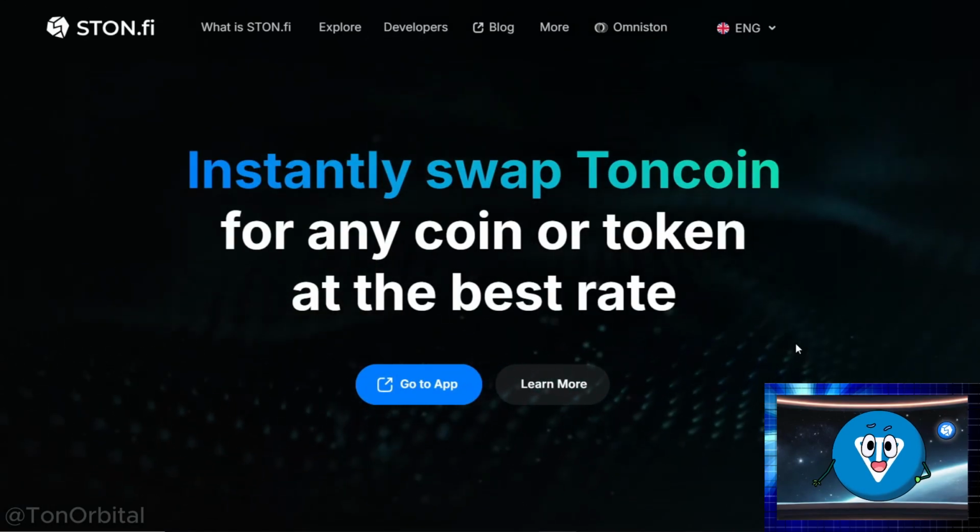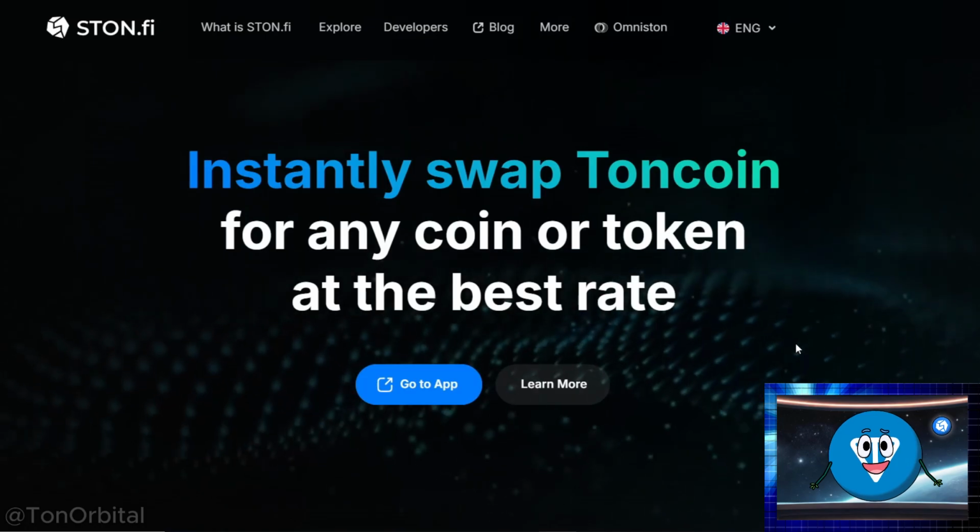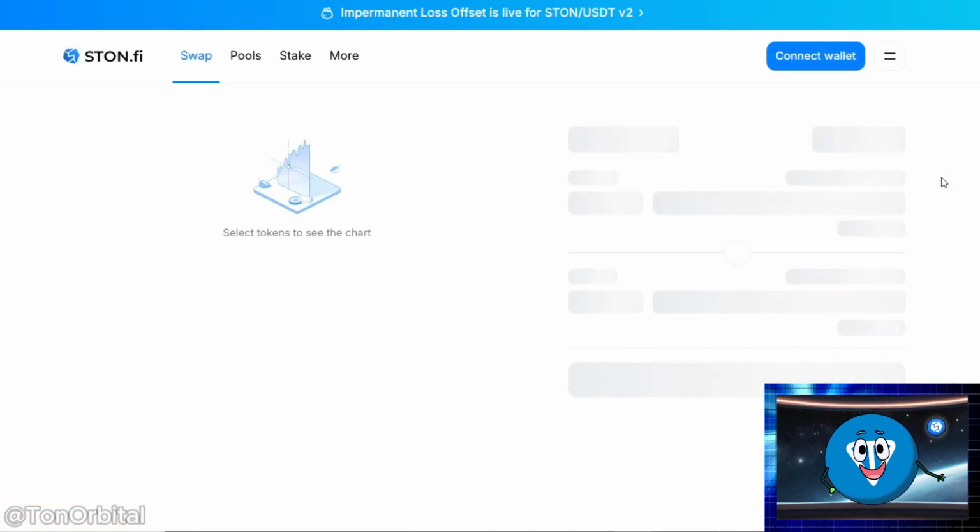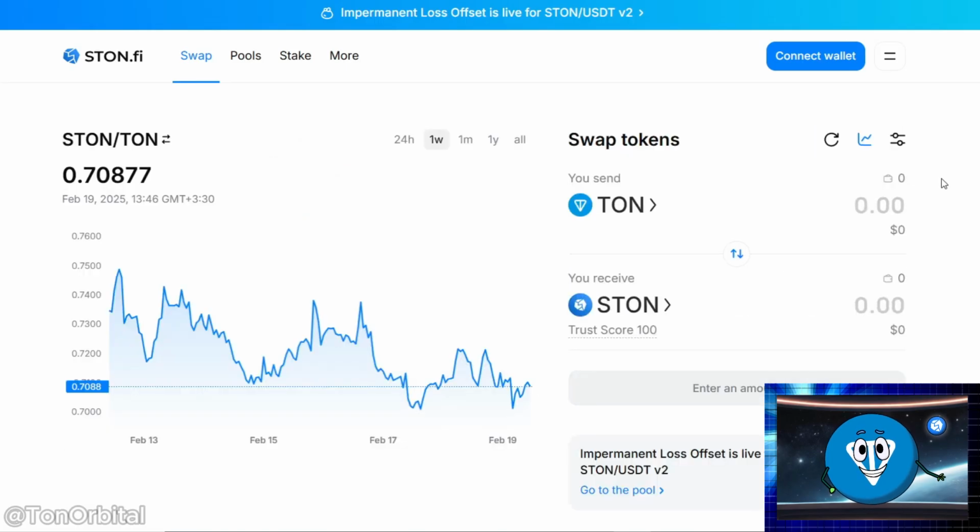Now let's get started. First, we need to go to the STON.fi website and click the Go to App button, which will take us directly to the swap page. STON.fi is a DEX, decentralized exchange, meaning you can swap cryptocurrencies instantly without relying on a centralized authority. Here's how it works. STON.fi operates using smart contracts, which are automated blockchain programs that handle swaps securely and transparently. Instead of using traditional order books, STON.fi relies on liquidity pools, enabling trades to be executed without needing a direct